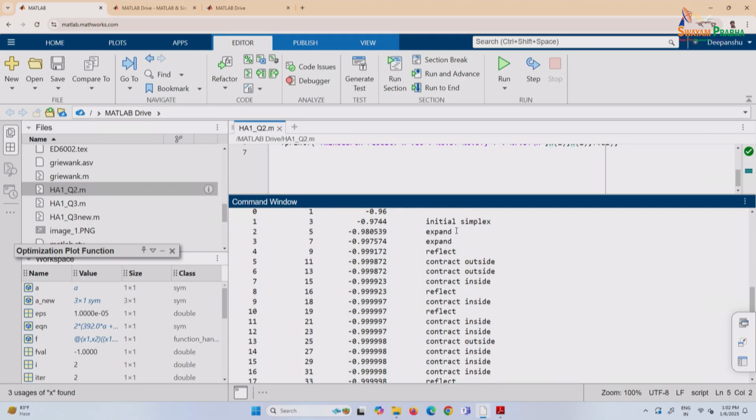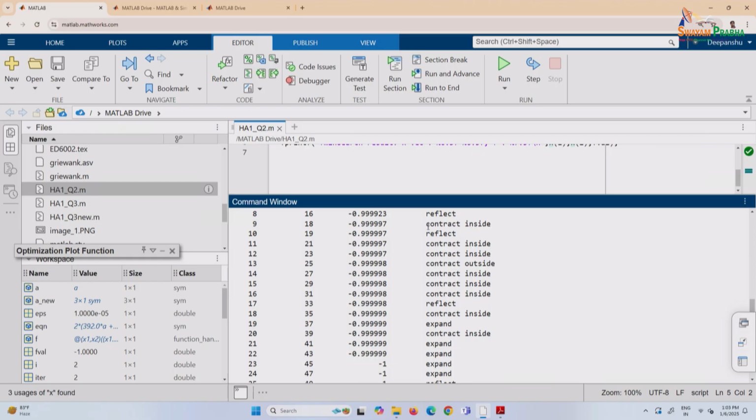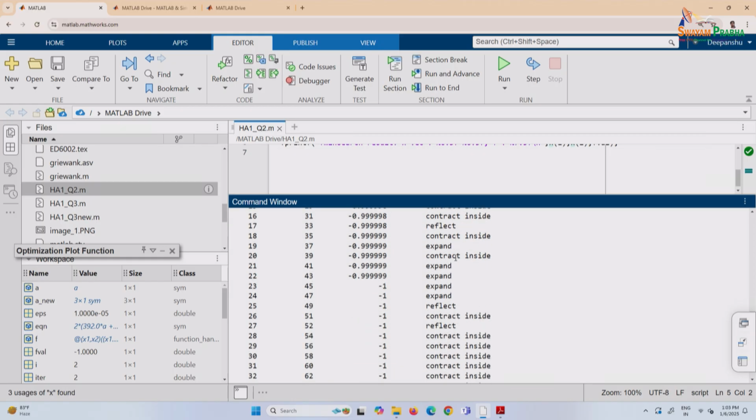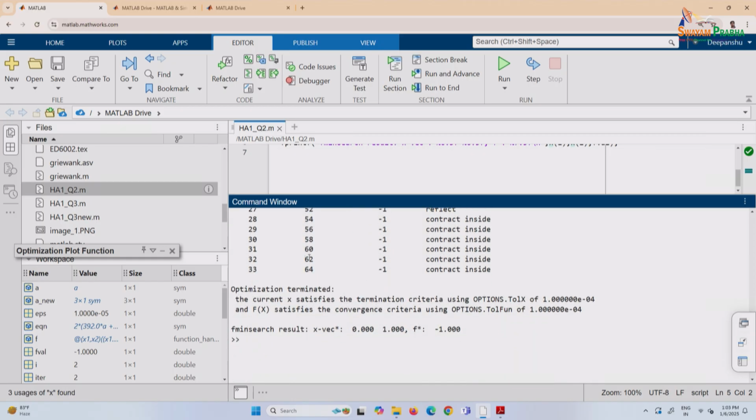In expanding, I'll talk to you about expanding. When you get a better result, then it contracts inside, contracts outside, depending on the situation. It's telling you just reflection sometimes is good. So all this it's doing, and eventually it's stuck here, and it's reporting the result 0.1, and function value is